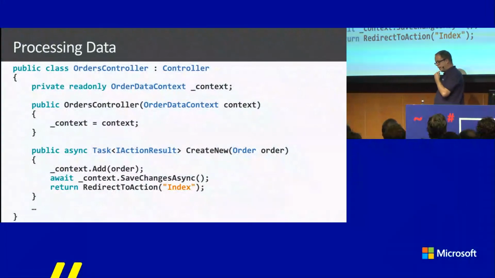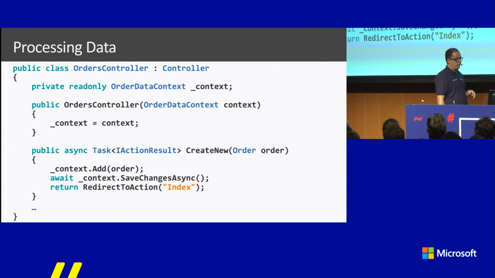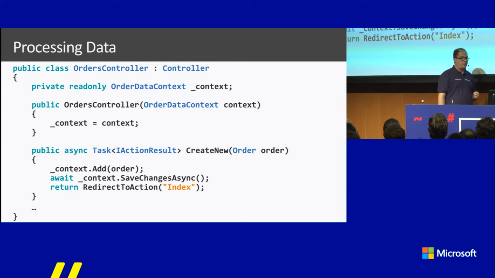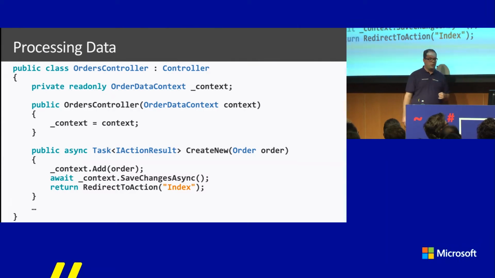So let's move back to the code. We know those two concepts. So this is an orders controller, which in this case derives from Controller, which is the base of ASP.NET Core. It also has some methods that will help you out. We inject a data context, which is an ordinary Entity Framework Core data context, in a constructor, right? DI is part of ASP.NET Core, you can use it. And what we are doing then, as you see over here, is a create new method on a controller, which accepts an order, and order is a class that can be stored by the Entity Framework context. We will then save the changes, and then afterwards we will redirect back to the index, right? So, seeing this method,